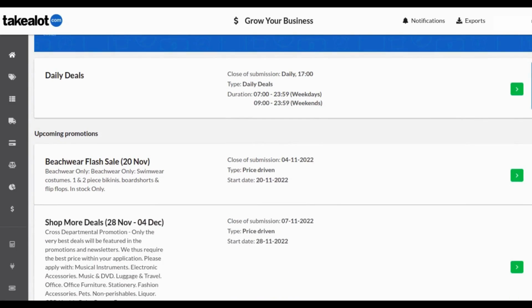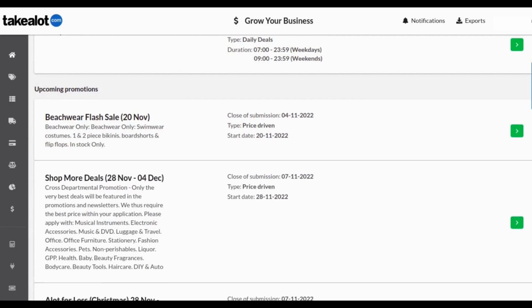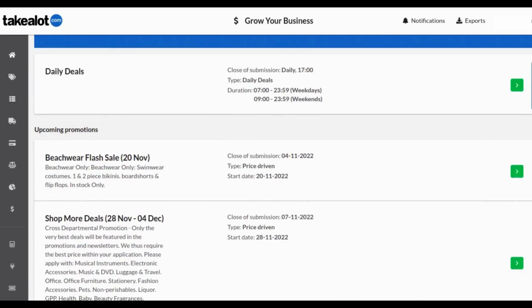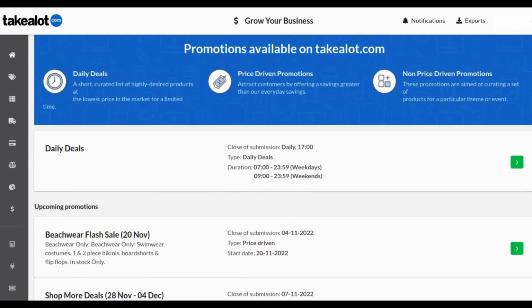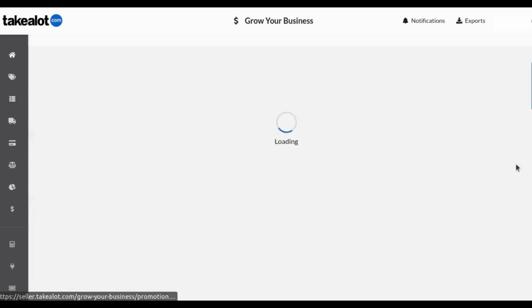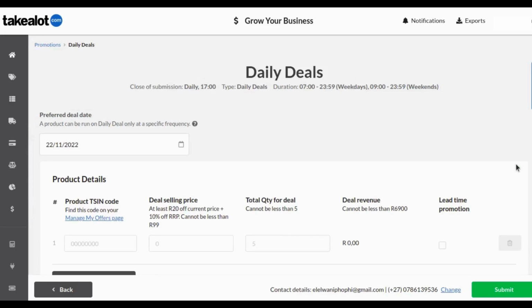And we have shop more deals, which is going to run from the 28th of November to the 4th of December, and we have a lot for sale for Christmas. And the beachwear flash sale is for 20 November. So these are all active, and for you to be able to participate in these deals, you come over here to the green arrow and you click, and let's see what rules we need to be able to apply for